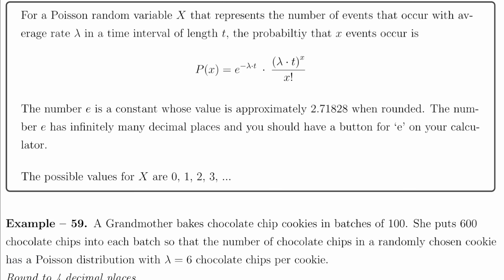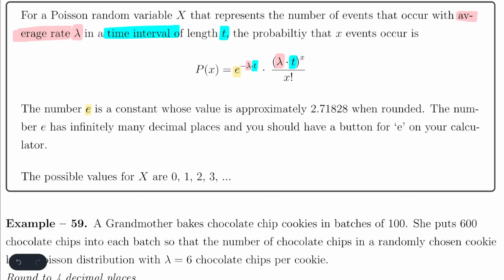So if we know that we're dealing with the Poisson distribution, then we have the formula that gives, for a Poisson random variable x, the number of events occurring at an average rate lambda. So lambda is our average rate at which the events occur. We see lambda here in the formula, also here, and a time interval of length t, here and here. The probability that the events occur is given by this formula, and here we want to keep in mind this e